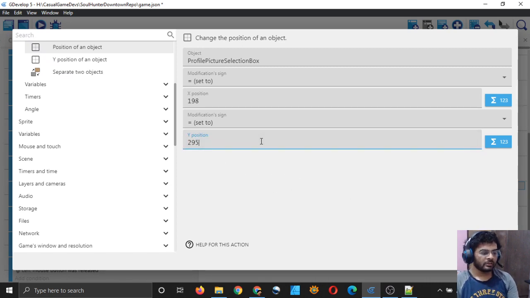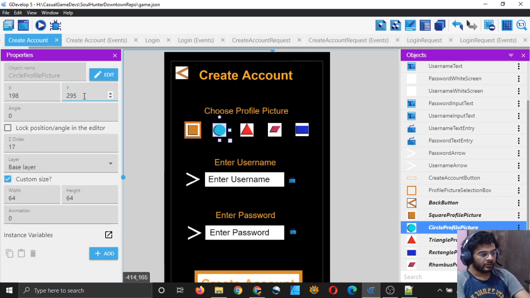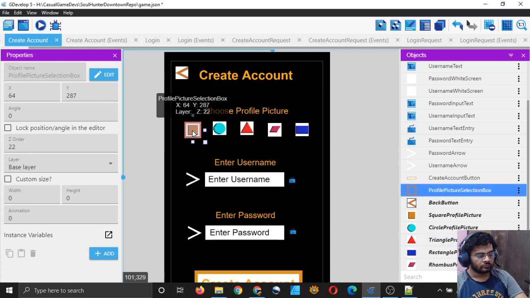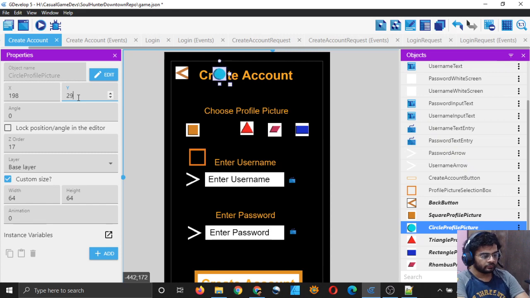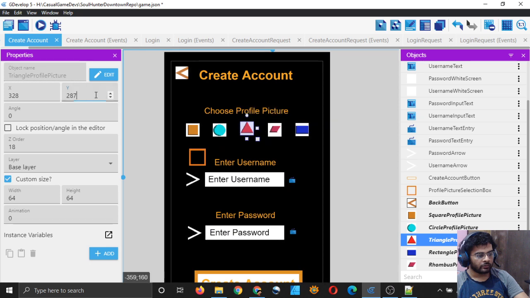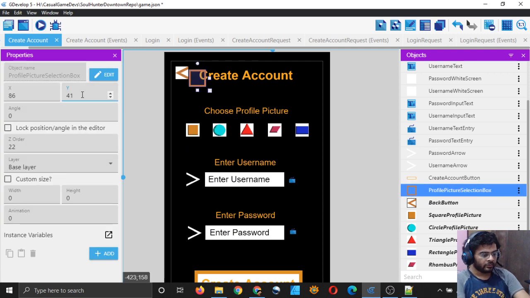Actually the y position should be the same, right? 287, but I think it's different because the profile pictures are not properly aligned. So I will simply write 287 here so that they are at the same level. Oh, they are all at 295 only. I will put all of their y values to 295 and this y value 295 as well,